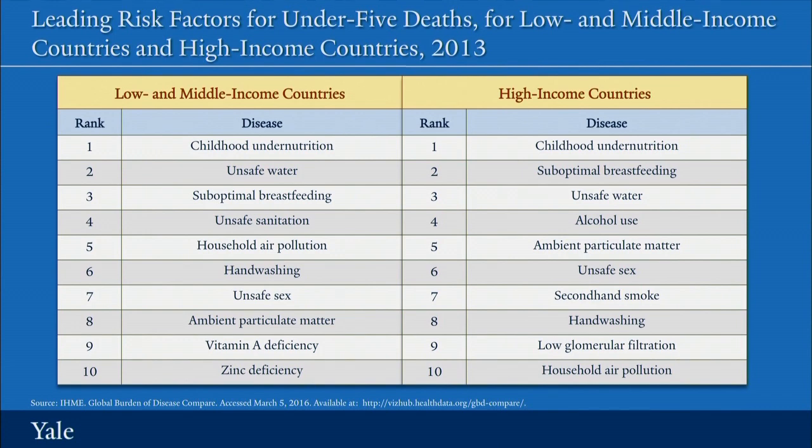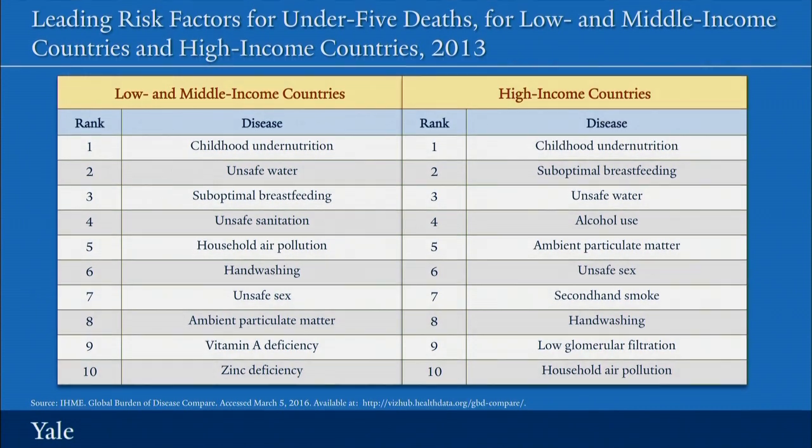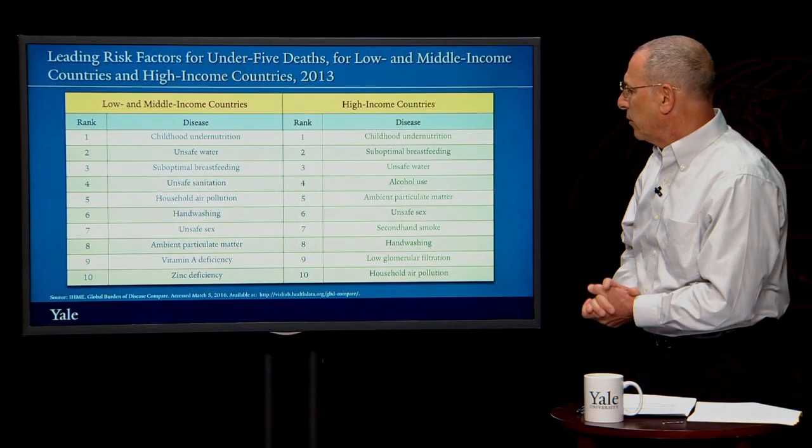And others relate to the environmental circumstances in which the children are growing up, and that includes household air pollution, unsafe water, unsafe sanitation, and the failure to wash hands with soap at the right time, as well as indoor air pollution as well. And this unsafe sex is primarily related to HIV and the congenital transmission from mother to children of HIV. In the high-income countries, we'll still see that there are issues related to nutrition, and even this,